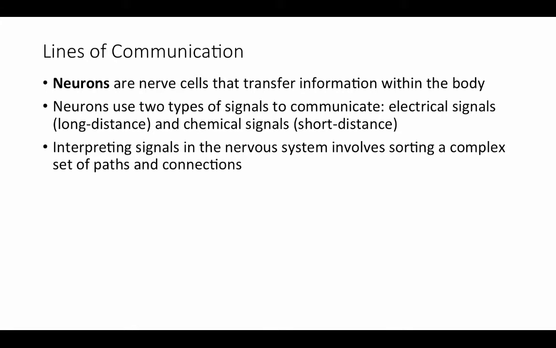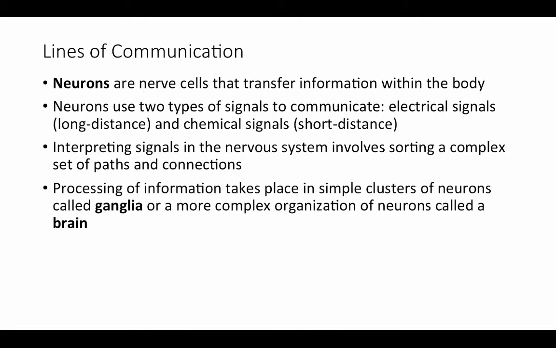Interpreting signals in the nervous system involves sorting a very complex set of pathways and connections. So any individual neuron can be getting information from many different directions, and the pathway it's going to take is going to determine the kind of response that it gets. So really understanding everything that's going on in the nervous system is a very, very complicated problem. Processing of information takes place in either simple clusters of neurons called ganglia, or a more complex organization of neurons